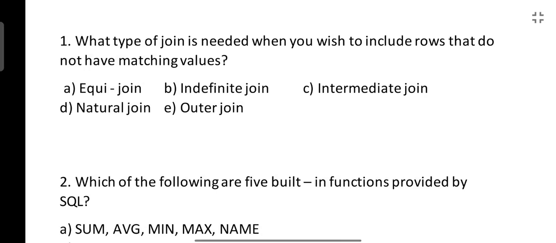Hello friends. In continuation of analysis of previous year papers, today I have come up with the DBMS topic previous year asked questions. In this video we will discuss 10 questions asked from DBMS, and in another video I will come up with more DBMS questions. So there will be two videos for DBMS also.